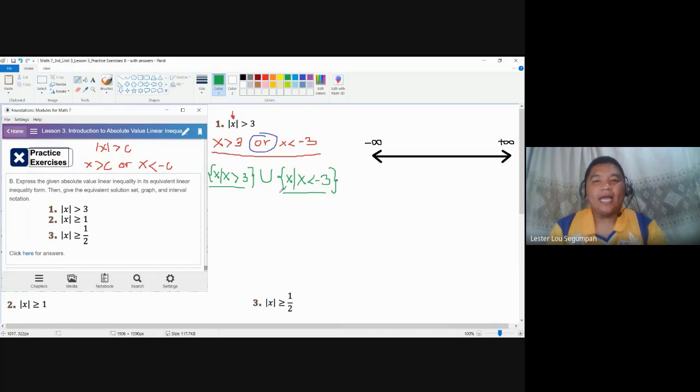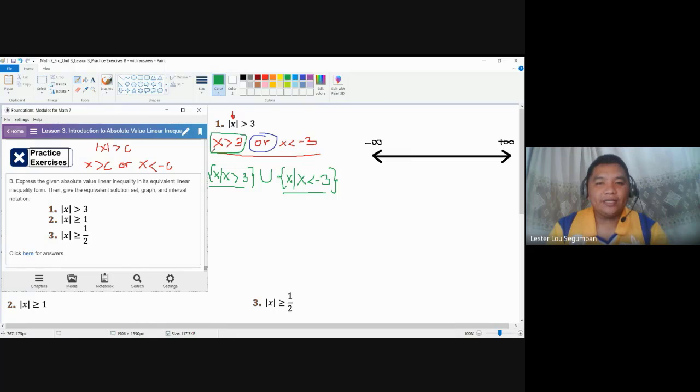Again, I would like to make a disclaimer. Other references will just simply combine them into one. But again, the purpose for this is for us not to be confused as we graph and make our interval notation later on. As for our graph, we are going to follow by graphing the linear inequality forms here separately, but in just one real number line. Okay, so let's start graphing this.